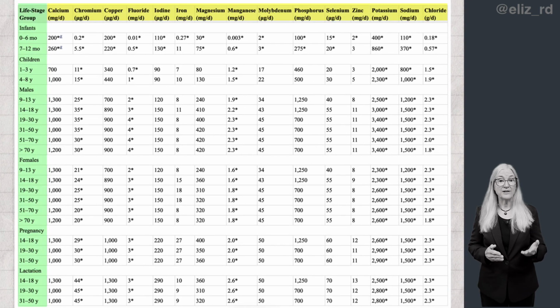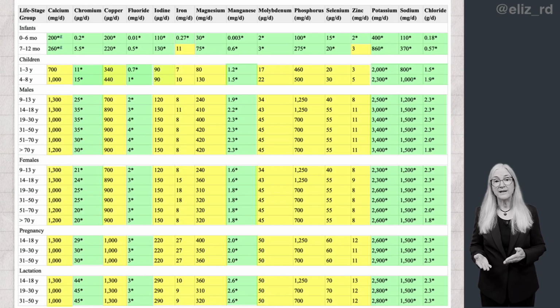This chart from the National Institutes of Health website shows DRI standards for the essential minerals that are needed to maintain health and prevent disease in humans. I know that the chart data is small and may be hard to read. I've provided the chart URLs at the end of this episode so that you can check them out on your own. The numbers on this chart, expressed as RDAs or AIs, are considered target levels.